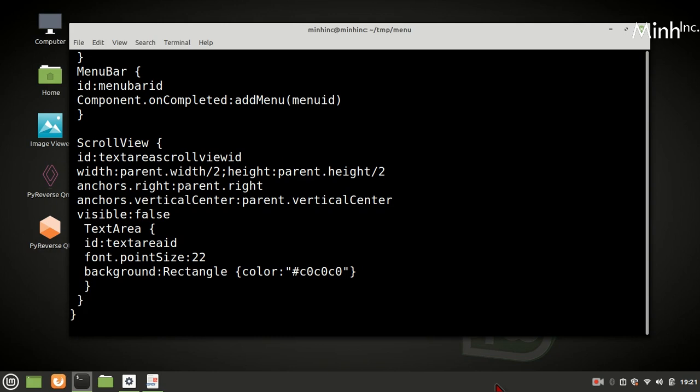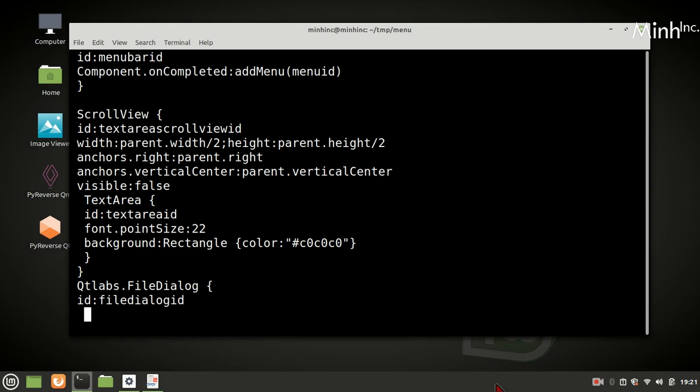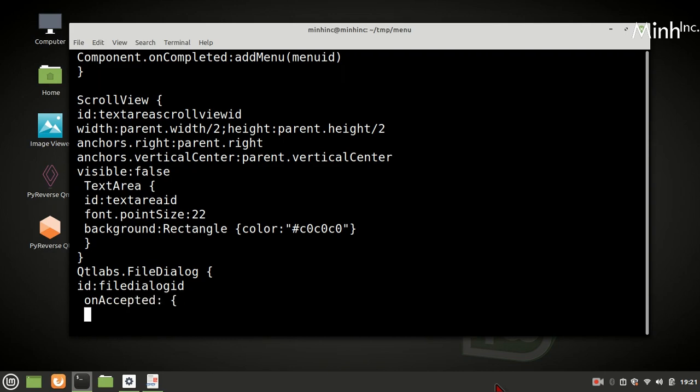Probably we can open here. Qt Labs dot file dialog, and ID is file dialog ID. On accepted, once we click OK, and menu ID, so we'll have a function in the menu ID called recent file open, file dialog ID dot file.